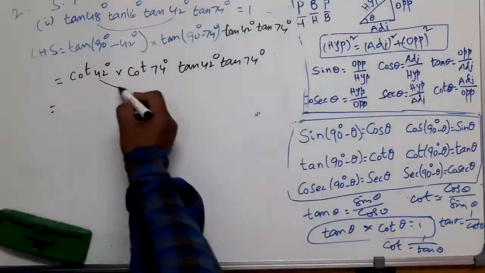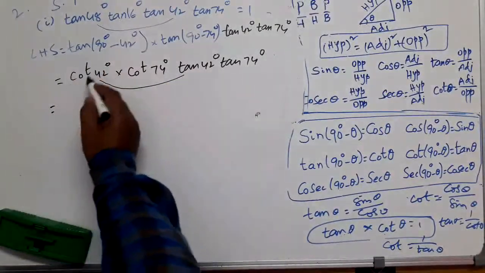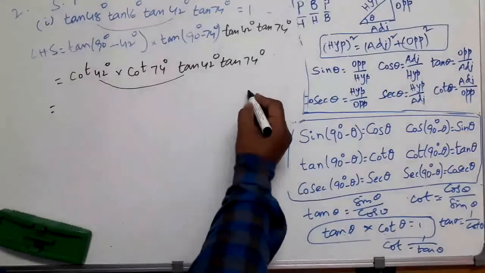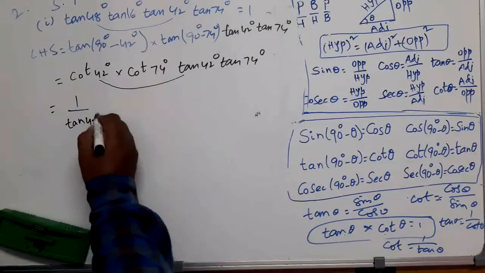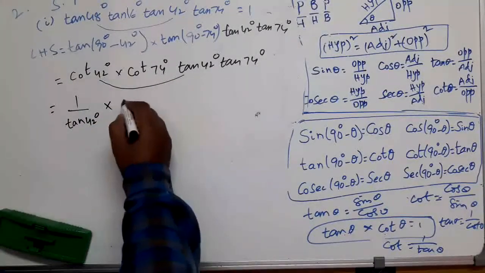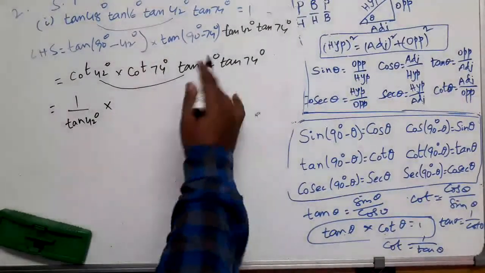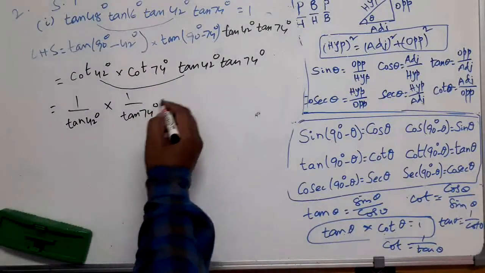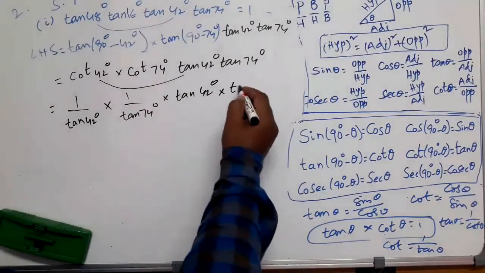Yes. These two angles are equal, 42 degrees, 42 degrees. But this ratio is tan, this ratio is cot. Is there any relation between those two? Yes. Tan theta and cot theta are reciprocal of each other. So cot theta can be written as 1 by tan theta. So this is 1 by tan 42 degrees multiplied by, in the same way, I am converting these two terms as tan terms. I am leaving the remaining terms as they are. Cot 74 degrees can be written as 1 by tan 74 degrees multiplied by, I am leaving the remaining two terms as they are.